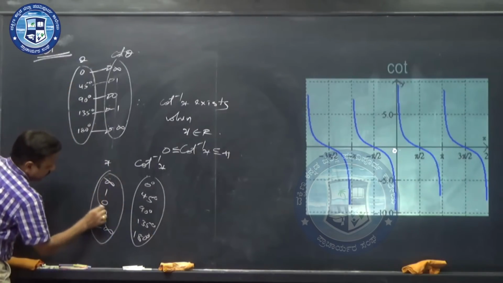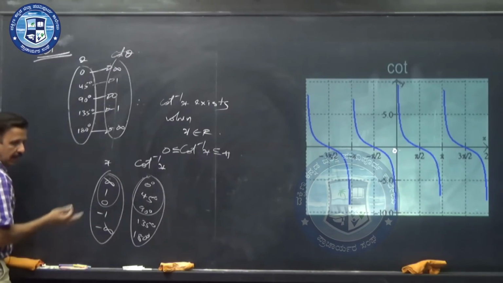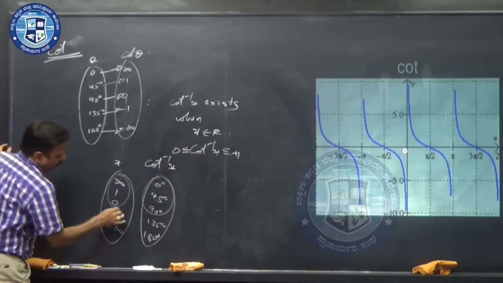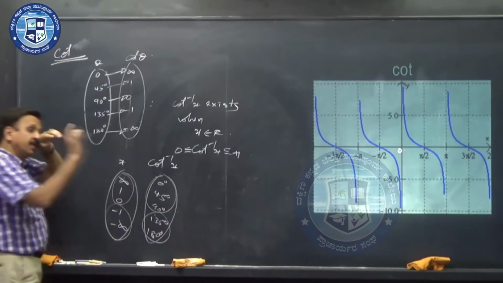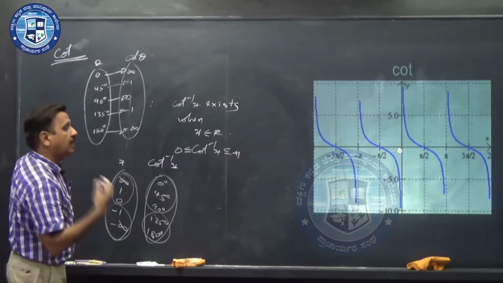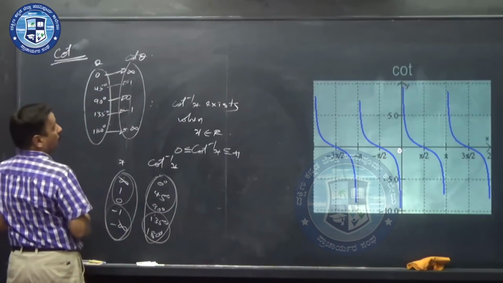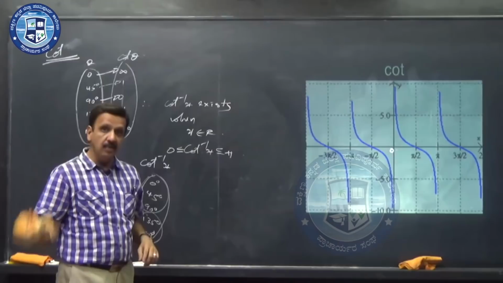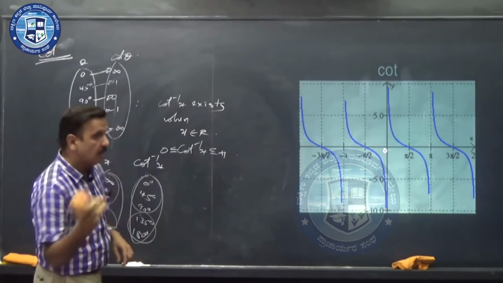You find that if you take x value positive, then the angle is in the first quadrant. Cot inverse x is an angle. The inverse trigonometric function answer is always an angle. And if x is negative, you find that it is in the second quadrant. So, cot inverse positive is first quadrant, cot inverse negative is in the second quadrant. This is very important. Just like cos inverse behavior, cos inverse positive first quadrant, cos inverse negative second quadrant. Cot inverse positive first quadrant, cot inverse negative second quadrant.